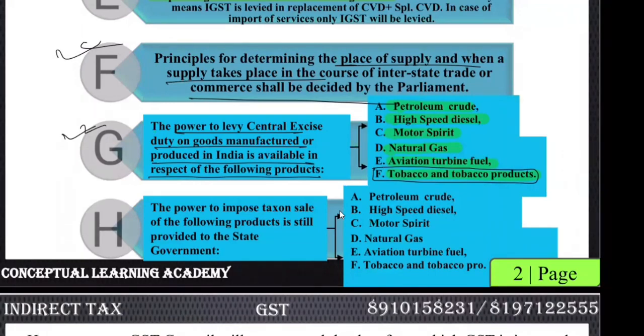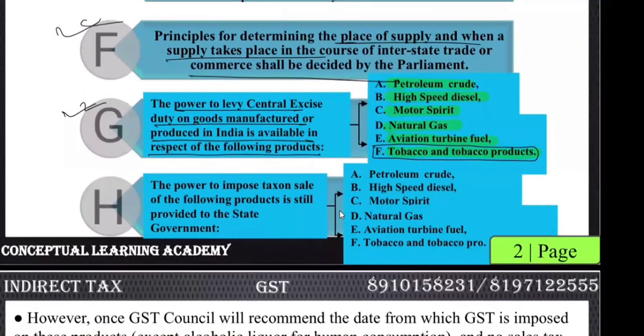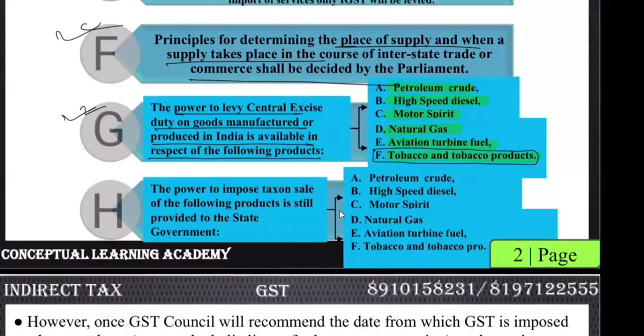Tobacco and tobacco products is the only product on which excise is levied on manufacture, but GST is levied on its sale. Clear? ये एक ही प्रोडक्ट ऐसा है ना जिसके प्रोडक्शन पे एक्साइज पड़ता है लेकिन सेल पे जीएसटी पड़ता है. Okay, rest other than that, these five products: petroleum crude, high speed diesel, motor spirit,